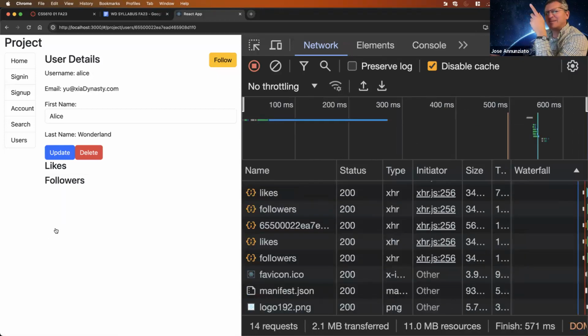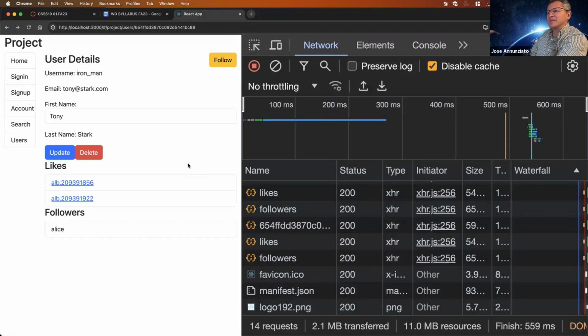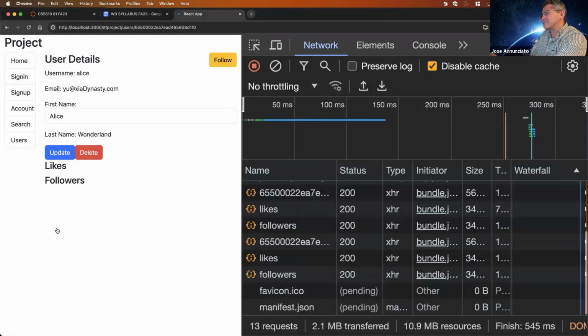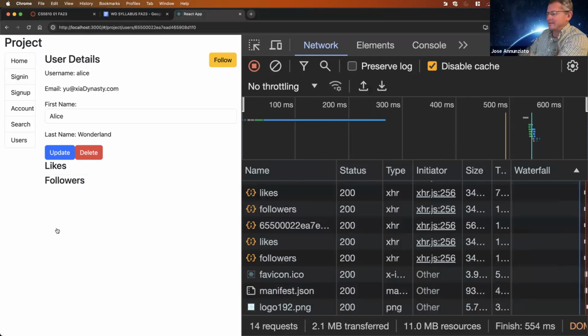But why didn't it show it before? Like if I go back, notice that the ID here is changing, right? But the user interface is not changing, right? Even though I'm going back and forth, it's not reloading. It should, right? This is Tony. If I refresh, notice it renders Tony, right? But if I go and visit Alice, this should have re-rendered with Alice's information, right? I need to refresh. Okay, so that's annoying, right?